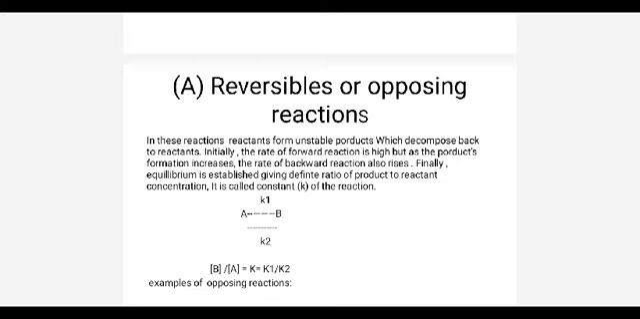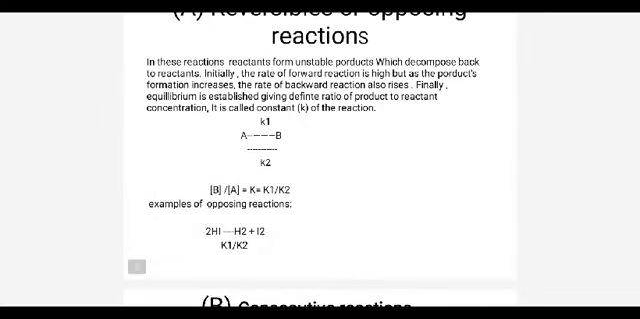So A having equilibrium constant K1 equal to B. K1 and K2 are the rate constants for the forward and backward reactions. So B by A is equal to K, also equal to K1 by K2. An example of opposing reaction is 2HI equal to H2 plus I2. So they are related to K1 by K2. Next reaction is